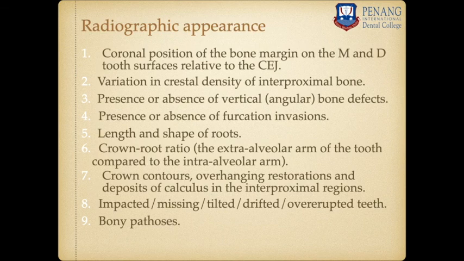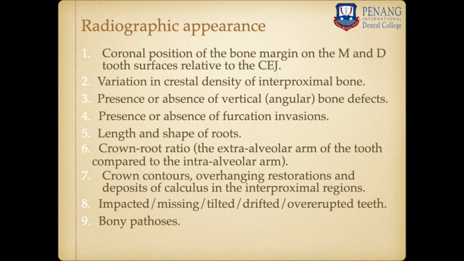To start a resective osseous surgery, radiographs help us in determining the type of bone loss, evaluating the bone loss, and the type of surgery we are going to plan. Basically, the radiographs help us in identifying the bone margins on the mesial and distal aspect of the tooth in relation to the cemento-enamel junction. Normally, the bone will be 1 to 2 millimeters apical to the cemento-enamel junction in the interproximal region in a normal healthy environment. When there is disease, the bone will go further apical.